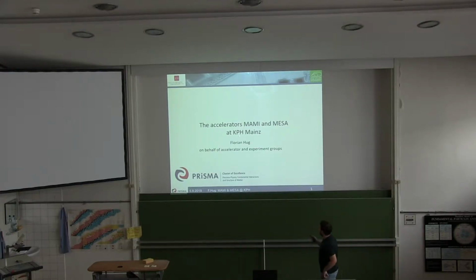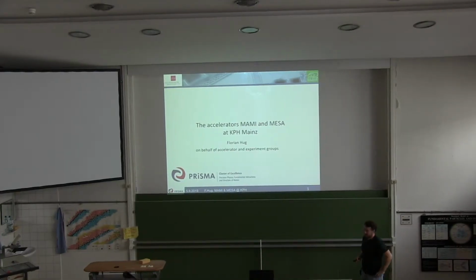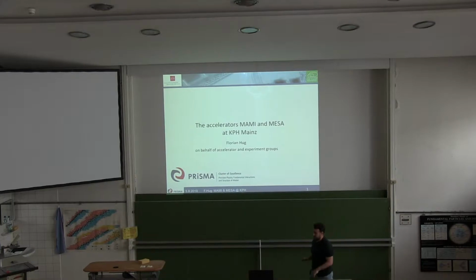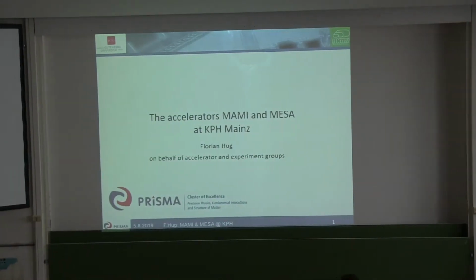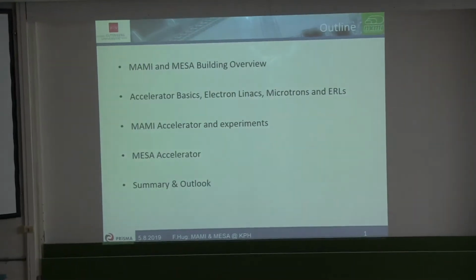So about the two accelerators, we are in the unique situation at University of Mainz that we have an existing normal conducting accelerator and now are in the process of constructing a new one, a superconducting accelerator, MESA, and I will give you some overview about